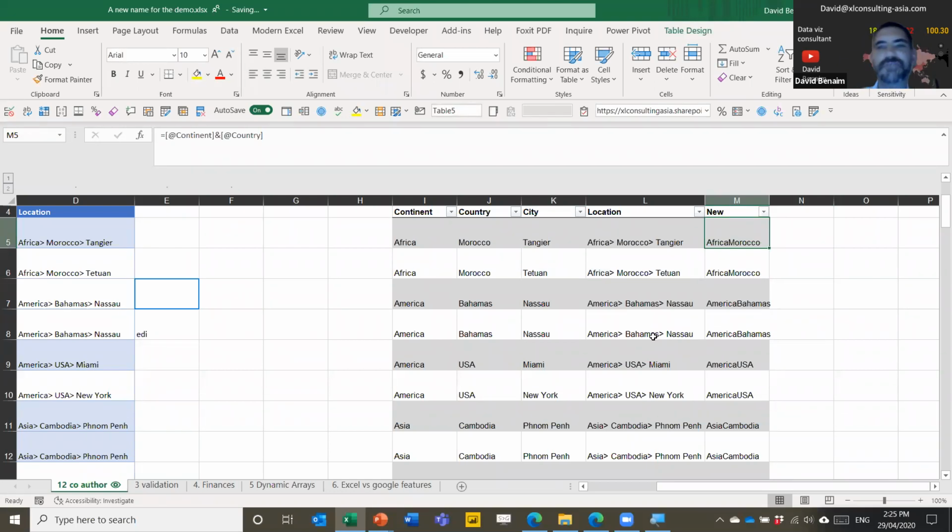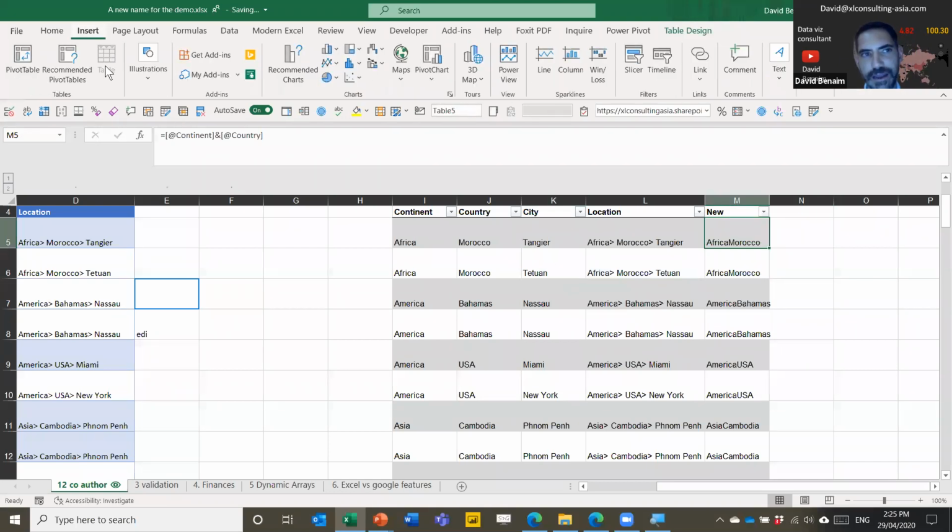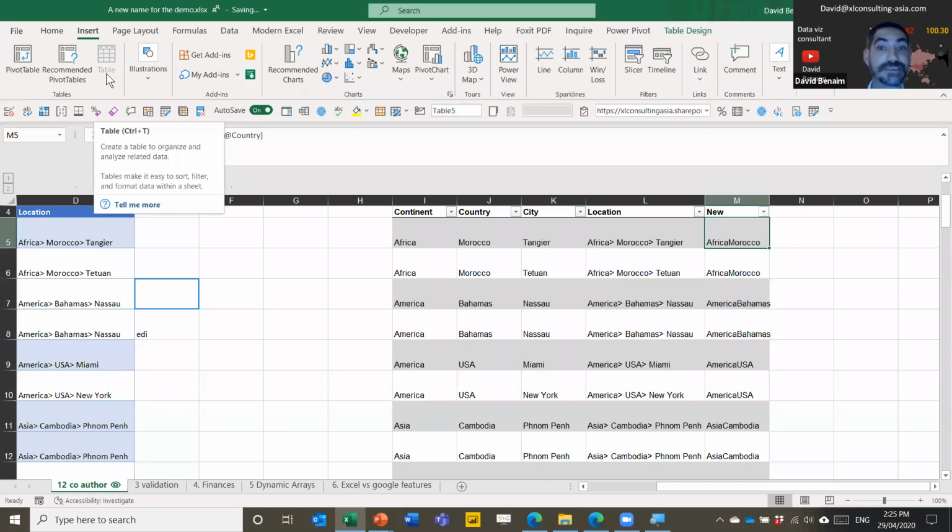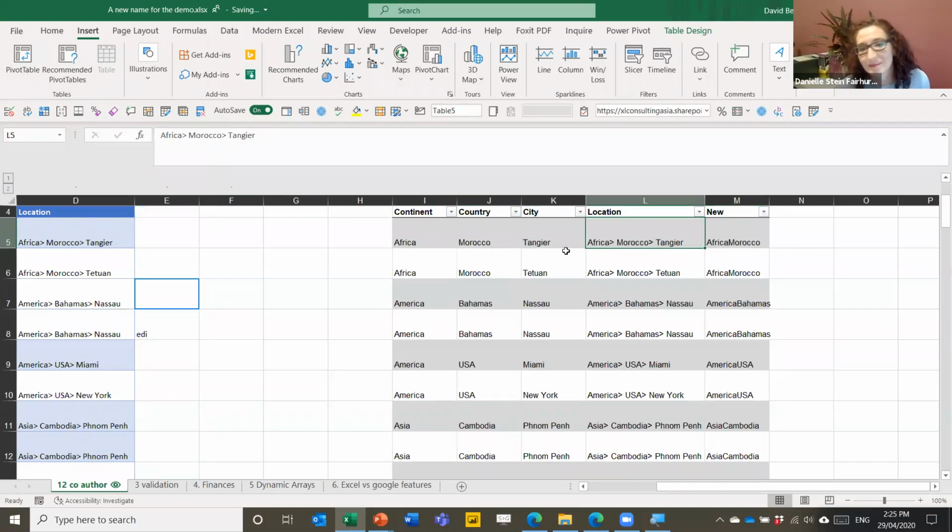However, for a first-time user to click it, it might be unappealing because basically everyone thinks that what they do in Excel is already in a table. So the name I find is not very good. I call this a super table in my courses to get people excited about it because no one has ever gone into Google and written, how do I make a table in Excel? And that's why I think this functionality, which they're missing out on, is really, really key. I know people always say, oh yeah, I'm using tables. Yeah, it is, but it's not a table. Excel calls this a range, which I think is just a bad naming front on their side.